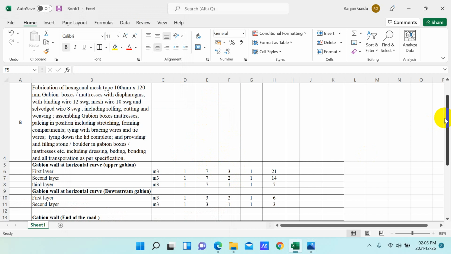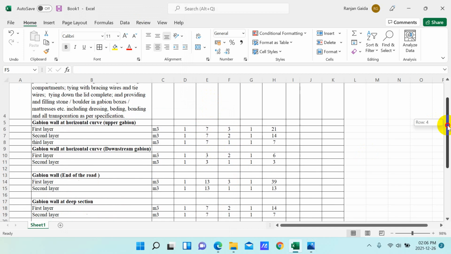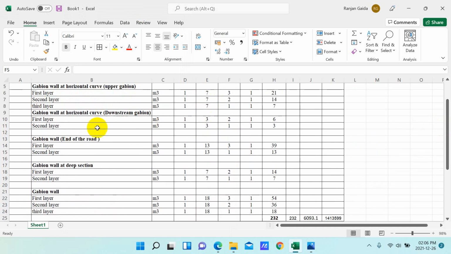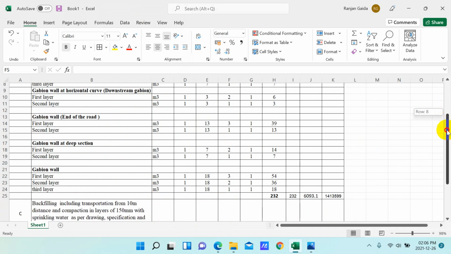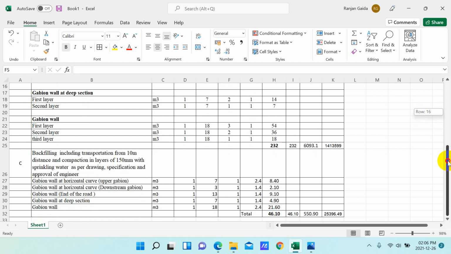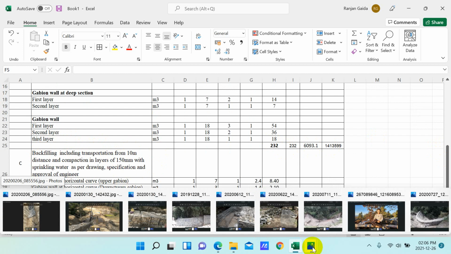In a similar way, you can generally estimate the gabion wall alongside, as we can see, and then calculate the total quantity of gabion wall. And then finally, after this, backfilling is required. So we can see in the figure